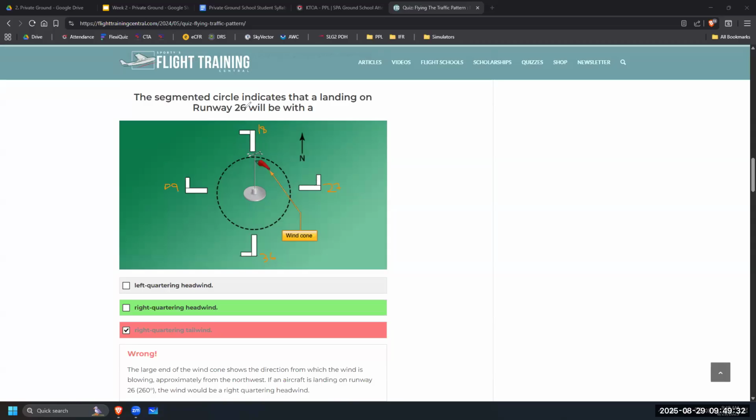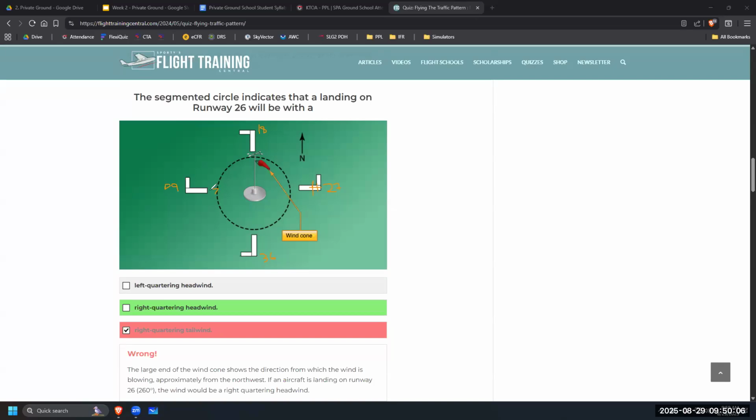So when it says runway 26, we're basically over here a little bit. It could have said 27 and made it easier, but we're basically over here on a runway. And then the wind's coming from the northwest, blowing this way, a quartering headwind from our right side, because our plane is sitting here. That's our plane. It should have been the other way, that way. Big wing, little horizontal. This is our plane. We're facing